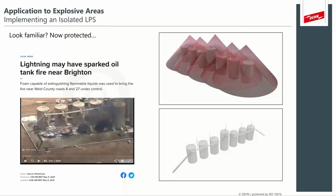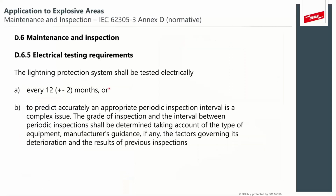And we have looked at a couple of these types of tank battery configurations in the past few months, and how we can develop these types of isolated systems to try and make sure that we distribute lightning current and not have partial lightning current distributed to points of equipotential bonding that might fail, might not be maintained, or whatever the case may be. And then, like I say, the standards, I think this is my last slide, Jim,